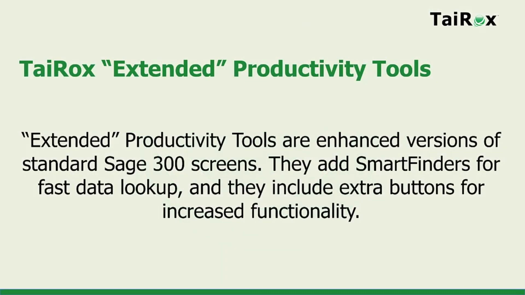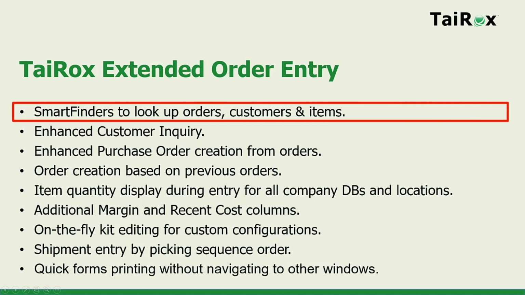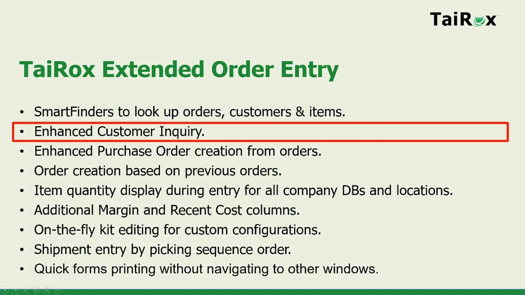Extended productivity tools are enhanced versions of standard Sage 300 screens. They add smart finders for fast data lookup, and they have extra buttons for increased functionality. For example, extended order entry features include smart finders to look up orders, customers, and items, enhanced customer inquiry,